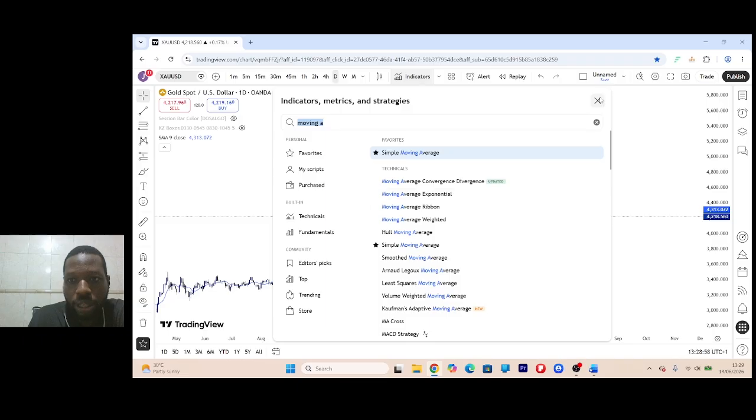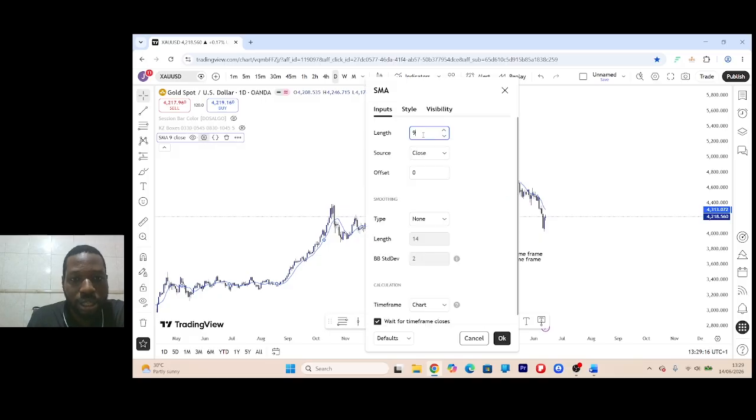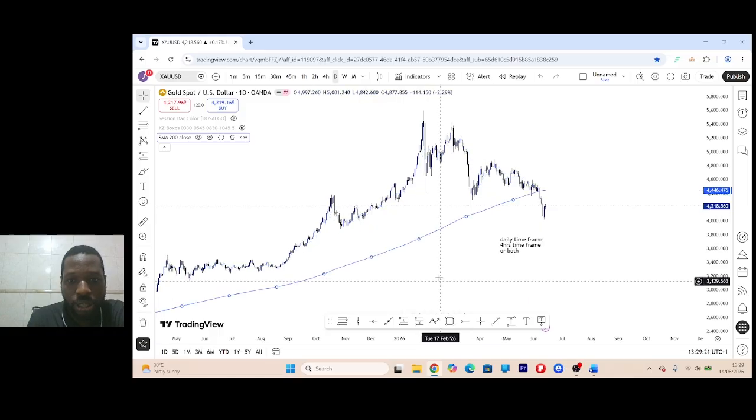So after you click on it, you come out here. You can see it, but this is not how I want it to appear. Panel. Then you click on these settings here. Then you change this length from 9 to 200. Then you press enter. So as you can see,